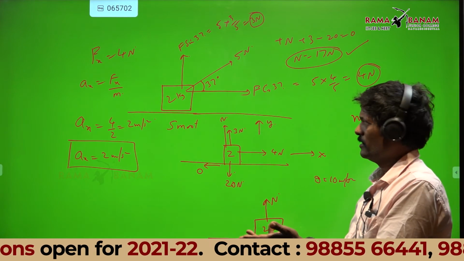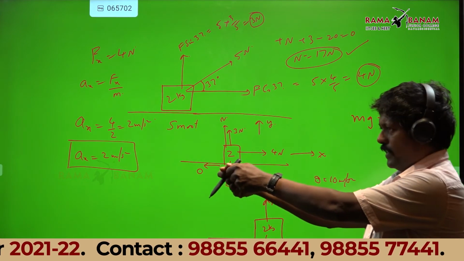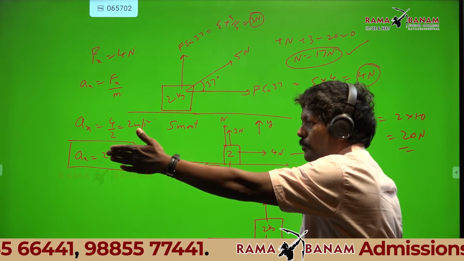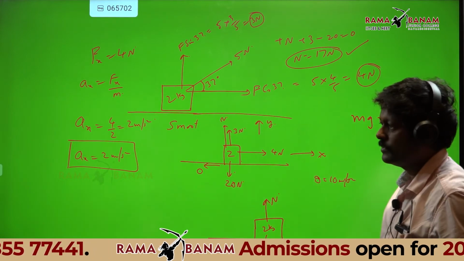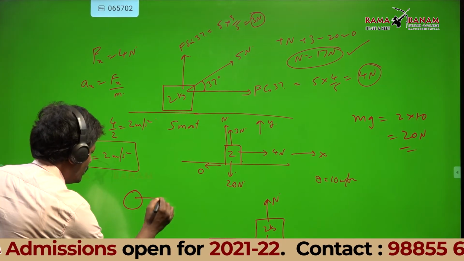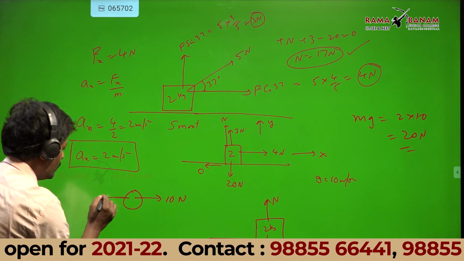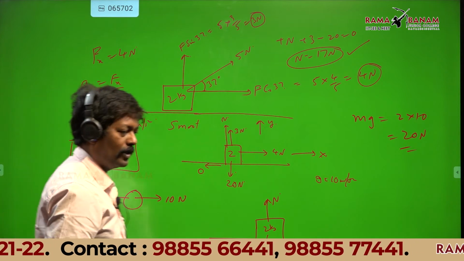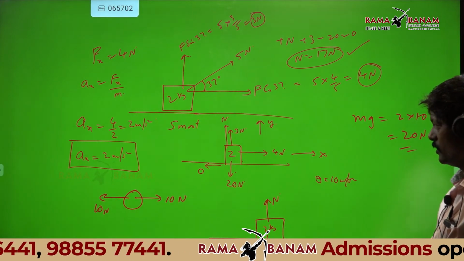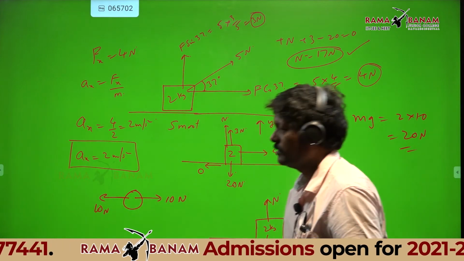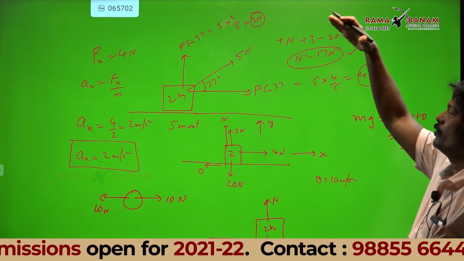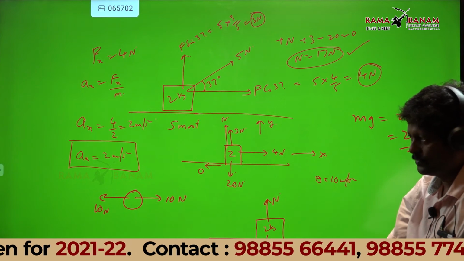Common sense. In a tug of war, if I apply 10 Newton on one side and the other boy applies 10 Newton in the opposite direction, what is the net force? 0. The body will not move, or it may move with uniform velocity. So the net force is 10 minus 10, 0. In other words, upward force equals downward force.